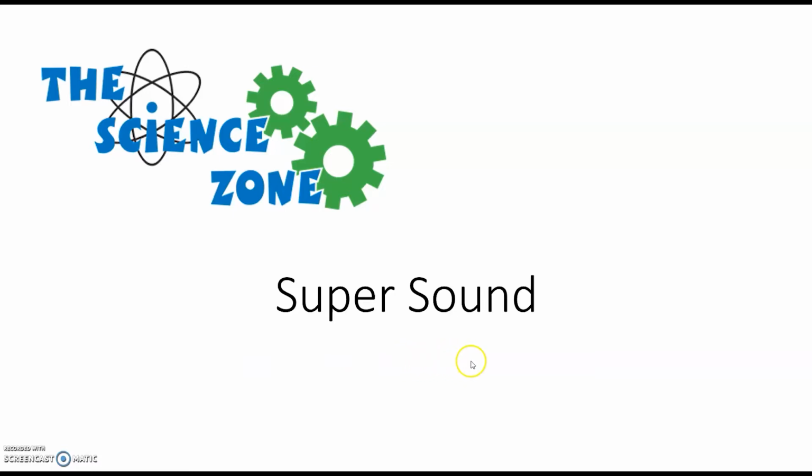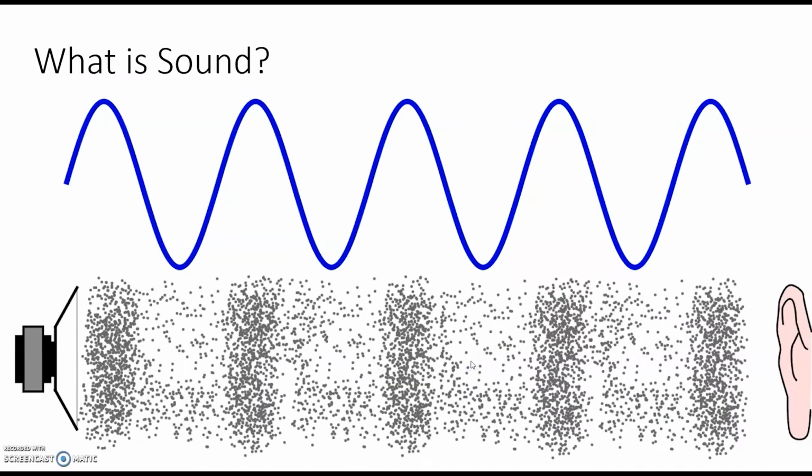Let's recap what we learned. Today, we saw that sound is a form of energy that travels through waves. Sound can travel through solids, it can travel through liquids, and it can also travel through gases like air. The reason you can hear a radio from really far away is because the air carries the sound waves all the way to your ear.